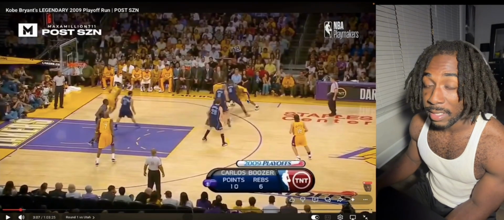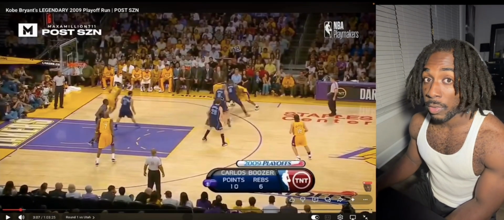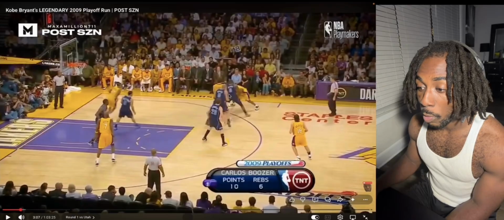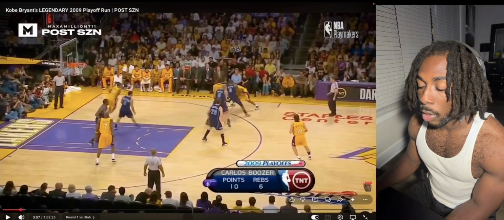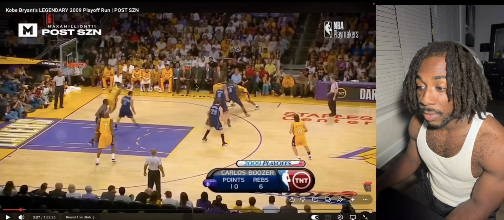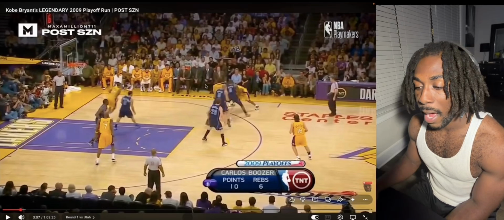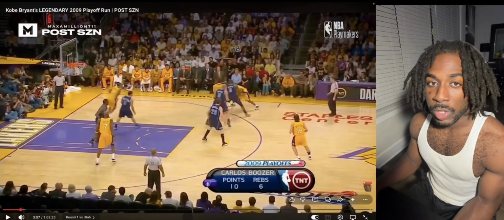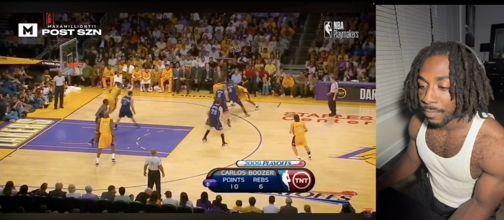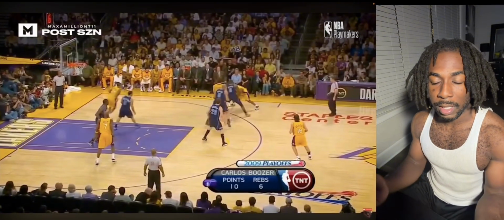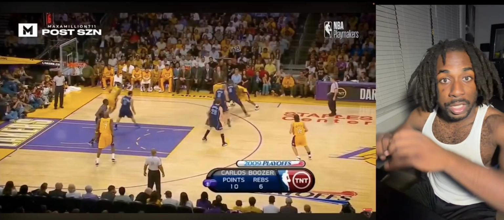Now, the thing with icing as well, the big man also needs to be on the same page. The point of icing is for the guy to flip here and then block Kobe from using the screen, so attacking middle. But Boozer needs to also flip to the other side, to the left of Gasol, which basically puts Kobe in a box. Ultimately, you're trying to make it feel claustrophobic for Kobe. Basically, you're trying to box him in so he can just swing the ball out.